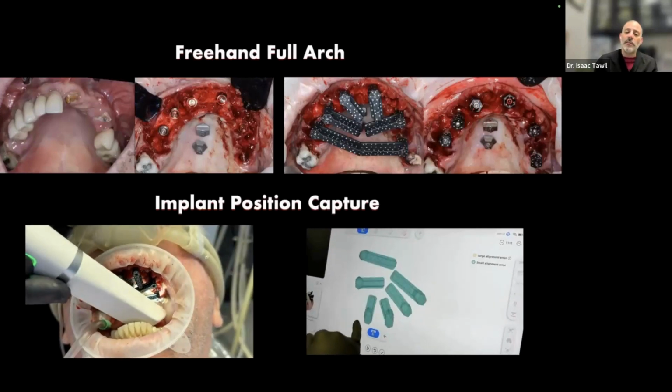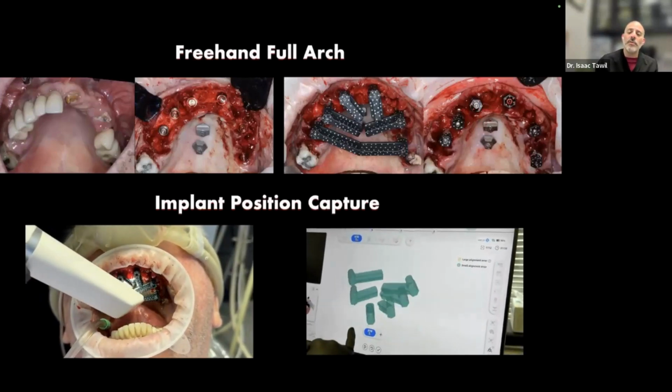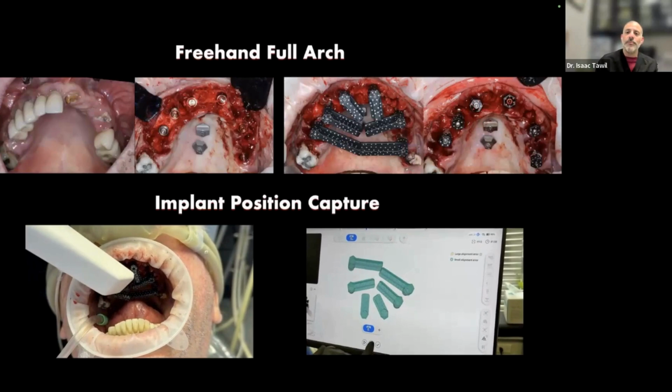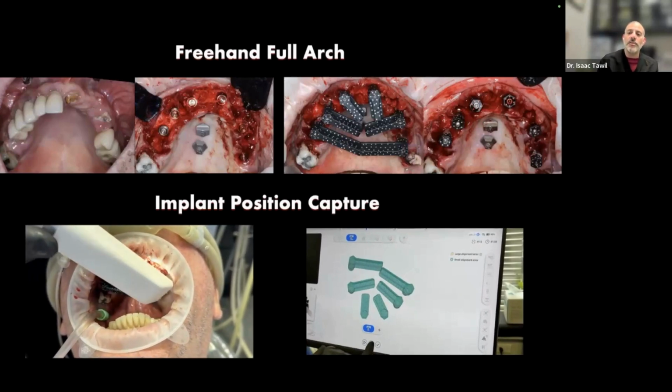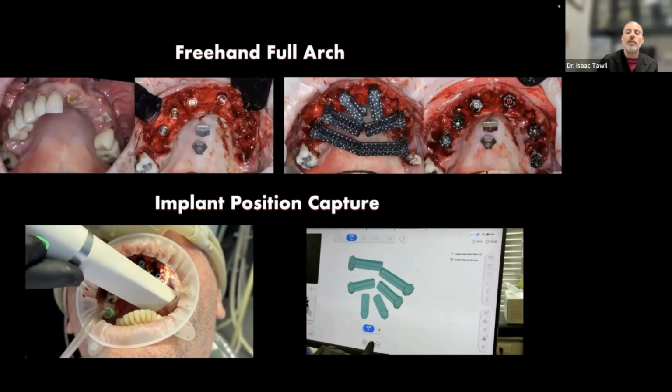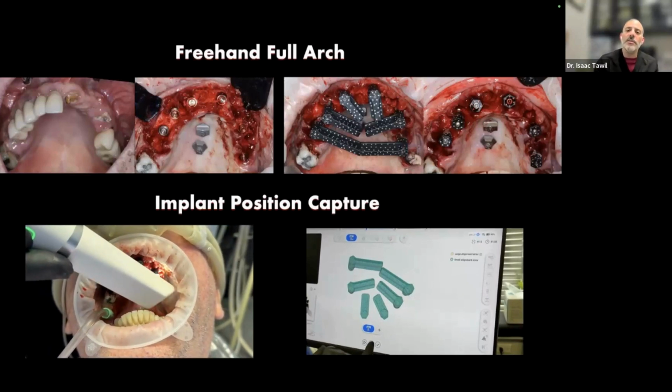Basically, what we've done is we extracted the teeth, we placed the implants, we did our capture of fiducial marker, we put our photogrammetry flags in. You see on the bottom right, we're capturing that photogrammetry. But now the main thing is that circled fiducial marker at the top is matching to the post over there. And we're only missing right now those photogrammetric matching. So the only link that is missing right now is for that third picture on the top to be linked to the fourth picture. And that's what those CAP scan bodies will do.